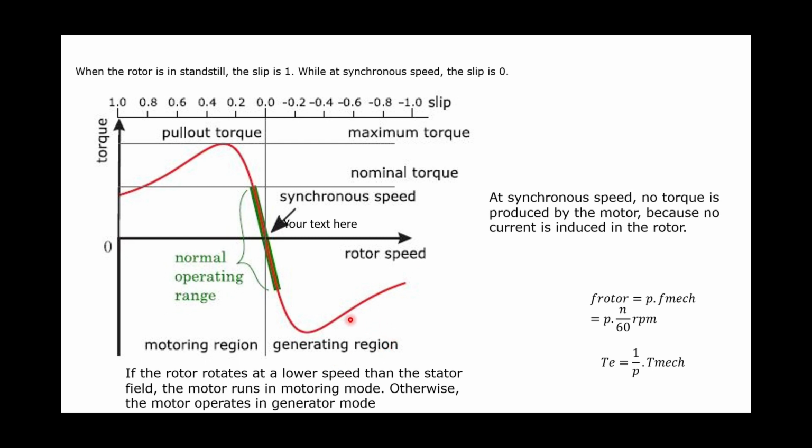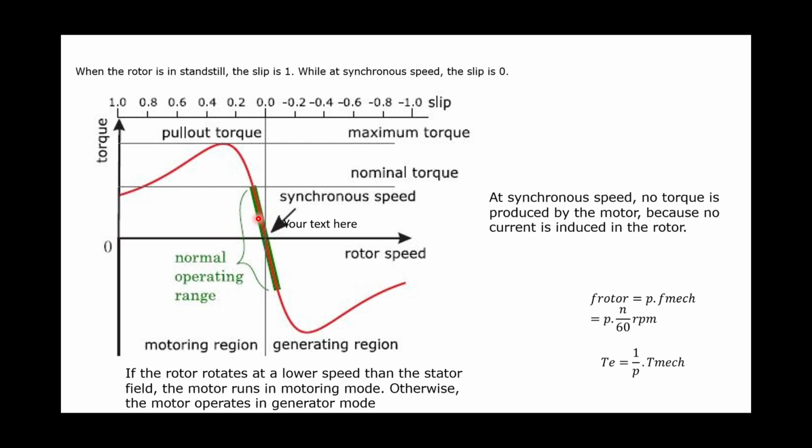The maximum torque we see here, the maximum torque which can be obtained on the motor shaft, is called the pull-out torque, and the nominal torque is conventionally half of the pull-out torque. The motor usually operates in the linear region between the positive and negative, which is marked over here. The difference between the rotor frequency and the rotating frequency of the magnetic field of the stator is defined as the slip, what is written here. When the rotor is still, slip is 1, and when it reaches synchronous speed, the slip is 0. Hope everything is clear till now.